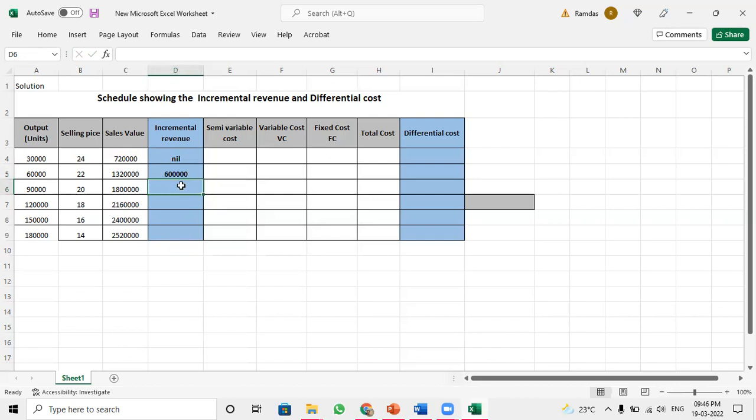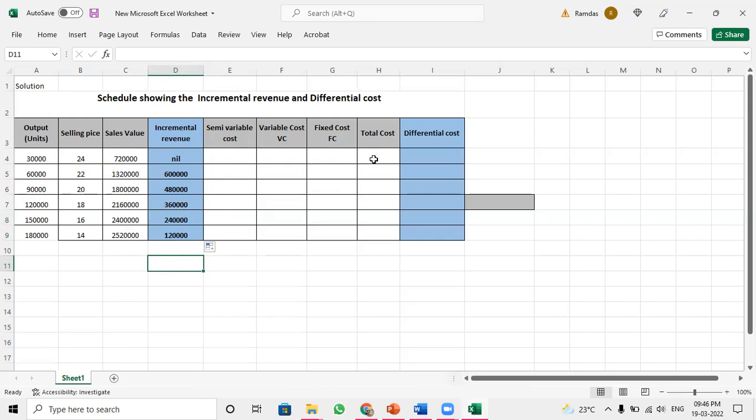So this is how we are going to apply it. It's going to calculate incremental revenue, which is equal to the current level of activity minus the previous level of activity. I use the same formula for the rest of the levels of activity, and you could see that over the different levels of activity, the revenue has increased. Now, as we have completed the calculation of incremental revenue, let's move on to the calculation of